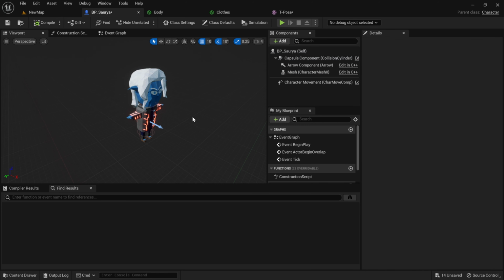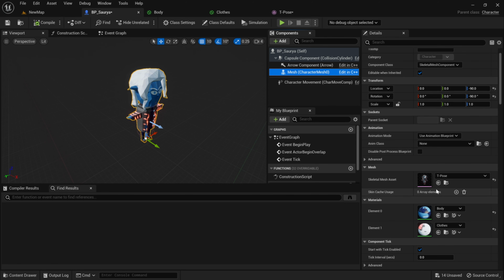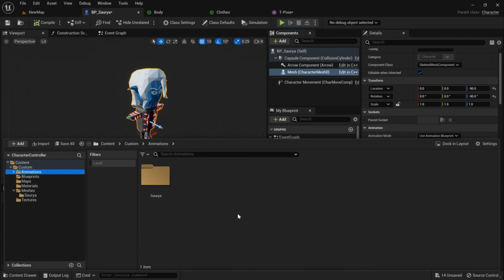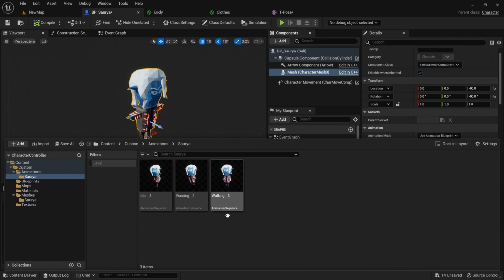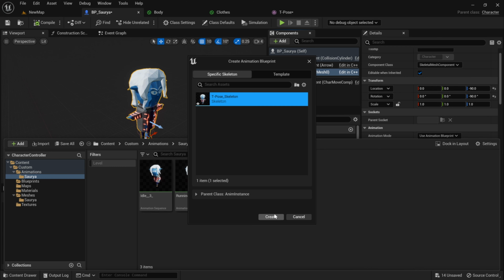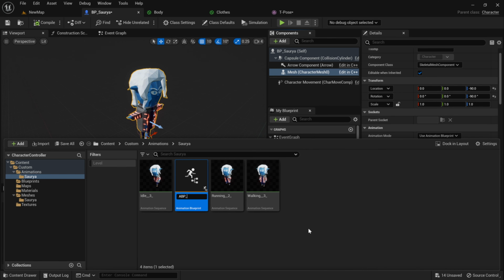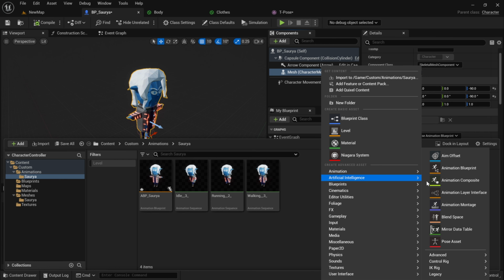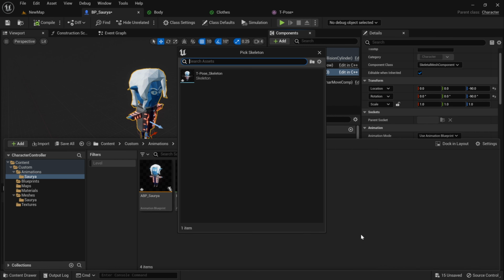So first compile, and for this character we need an animation blueprint. So we'll create an animation blueprint in animations. Right click, animation blueprint, skeleton blueprint only. We'll give it a shorter name. And also for animation we will be using the blend space. I'll name it BS underscore formula,